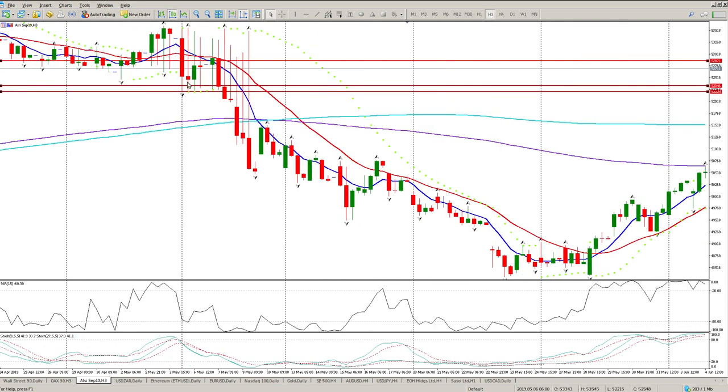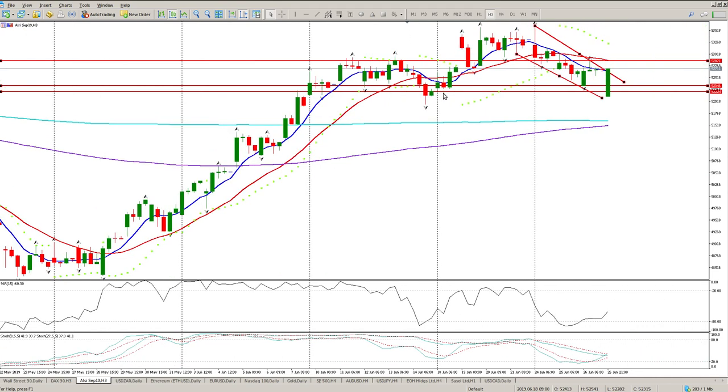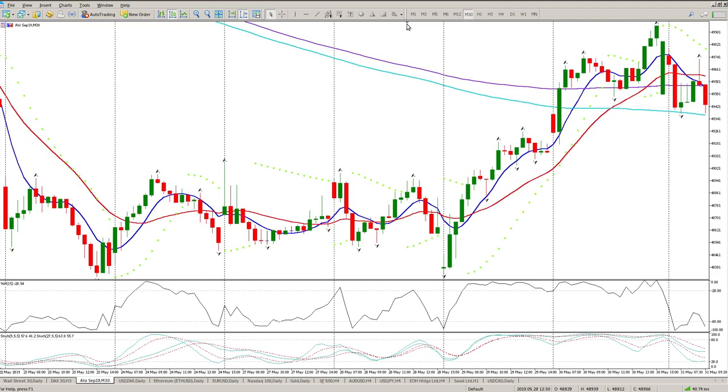Just looking at, there we go, on the 3 hour, there it is. That's this bottom red line here. That's my inside tail. This is not an inside tail. There's my first inside tail. This is my second one. So we hit the first one. I'm kind of inclined to believe that we're going to find some resistance here and move back down, form some sort of a double bottom. Okay, so we are waiting for news out of the US and China with the trade war this week. Probably fueling this fire quite dramatically at the moment. Anyway,